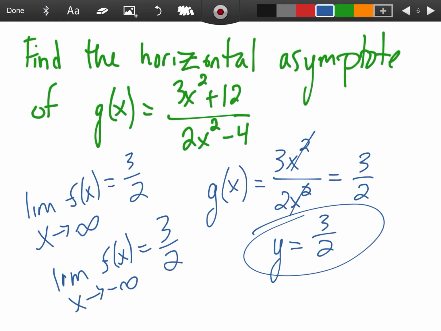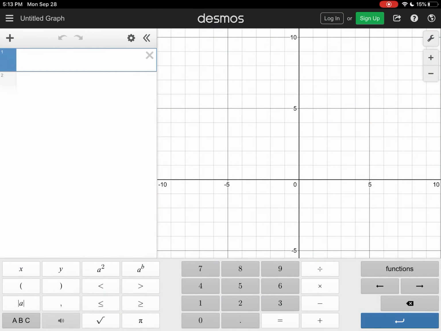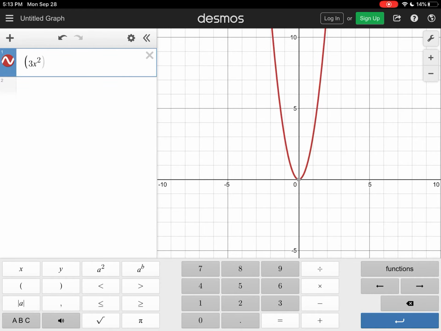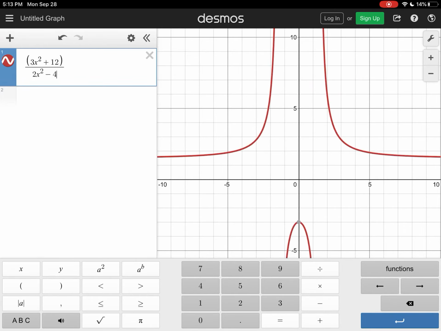Let's actually take a look at this on Desmos. So 3x squared plus 12 over 2x squared minus 4. Oh, I don't have it opened up. Let's just check it out here. And whenever it's ready. All right, 3x squared plus 12, and then divided by 2x squared minus 4. All right, so we're saying as x goes to positive or negative infinity, it's approaching 1.5,